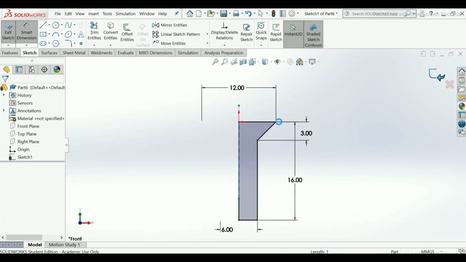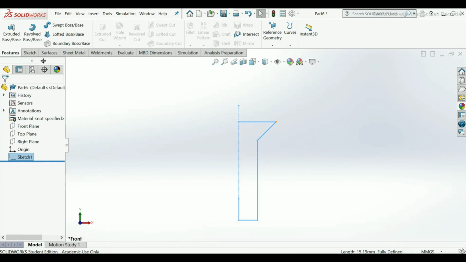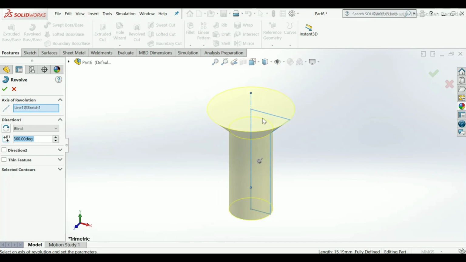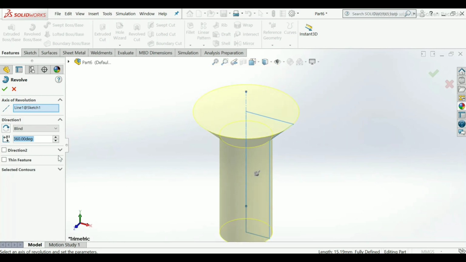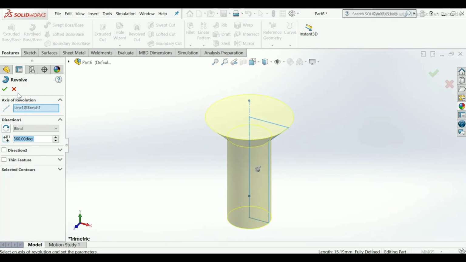Exit. Take revolve boss. Our revolve has been applied here. Click OK.